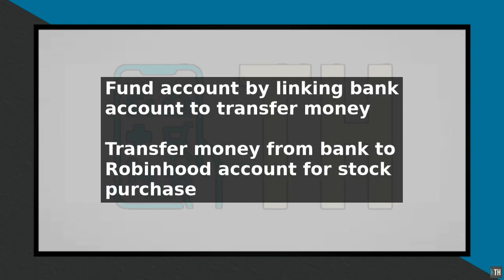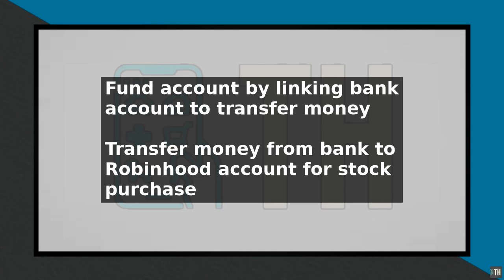to buy stocks. To buy stocks, navigate to the search tab in the app and type in the name or ticker symbol of the stock you want to buy. Select the stock from the search results and click on it to view its details page. On this page, you can view the current price of the stock, its daily highs and lows, and other relevant